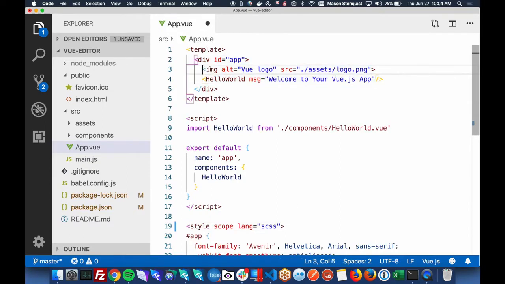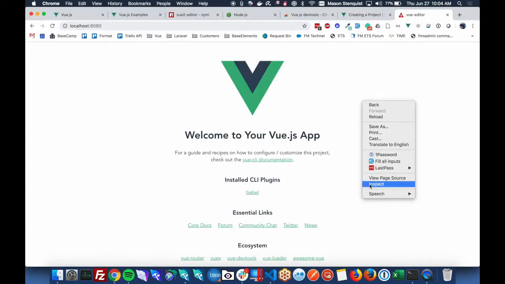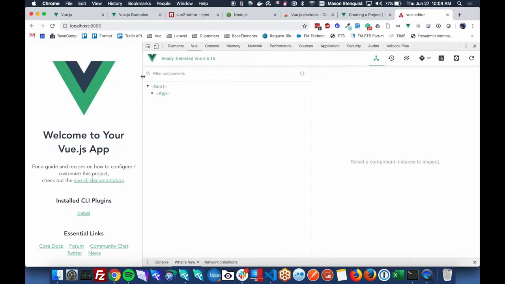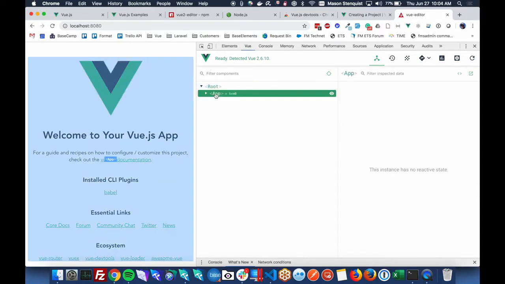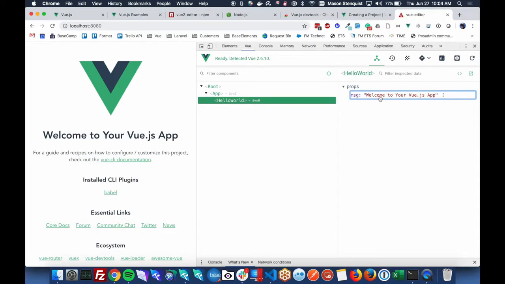We have our image at the top, and if we right click and inspect, if you have the Vue DevTools installed, you'll have this under here, and you'll see this is our app component. There's no reactivity or anything here, but then under app we do import and we use another component called Hello World, and that has a message of welcome to your Vue.js app.